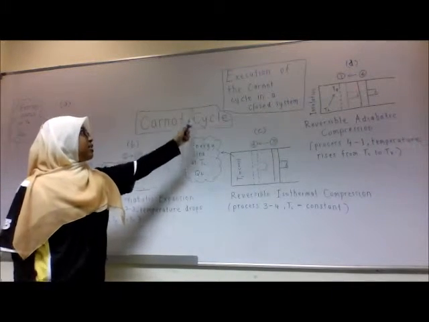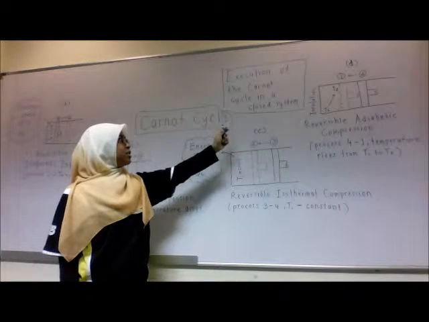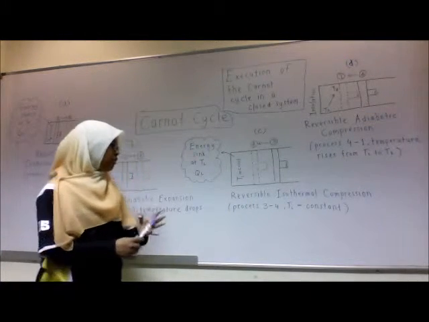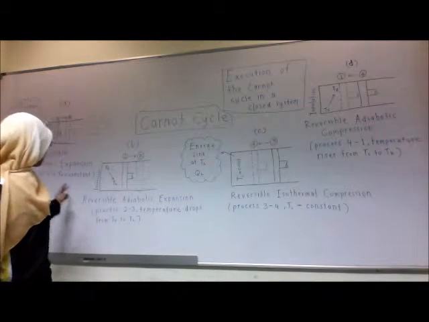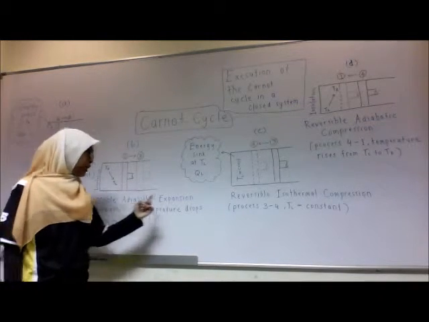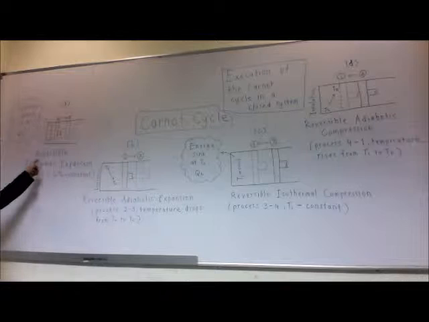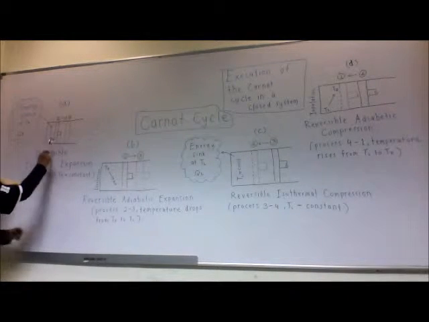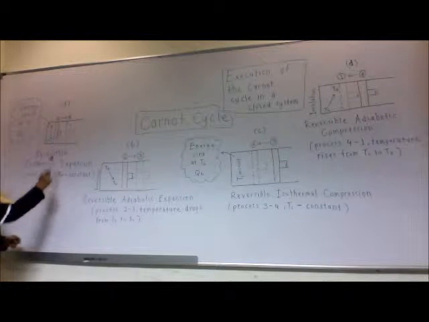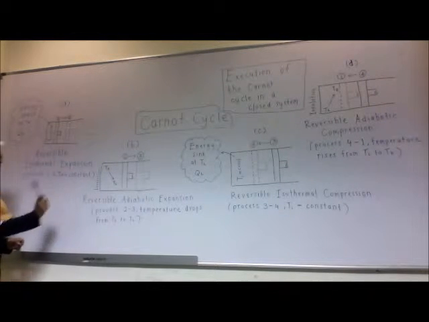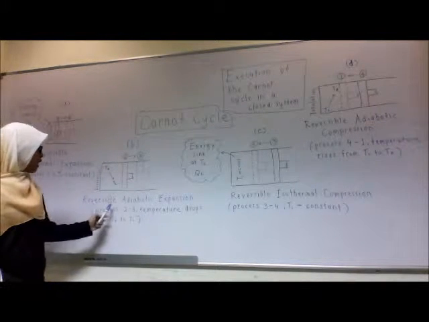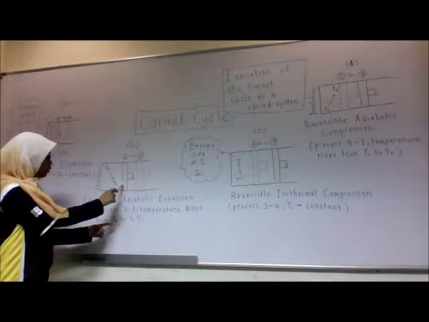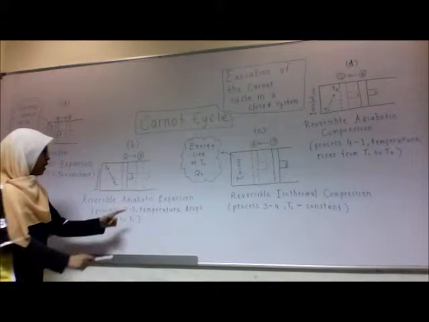Carnot cycle. Execution of the Carnot cycle in a closed system. The Carnot cycle has 4 reversible processes, 2 isothermal and 2 adiabatic. For reversible isothermal expansion, the process from 1 to 2, TH is constant. For reversible adiabatic expansion, the process from 2 to 3, the temperature drops from TH to